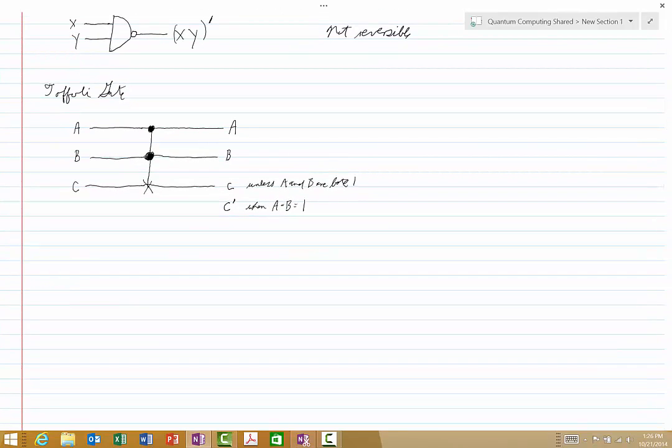So let's go ahead now and look at the truth table for the Toffoli Gate and make sure we understand everything about it. So we have A, B, C, and then